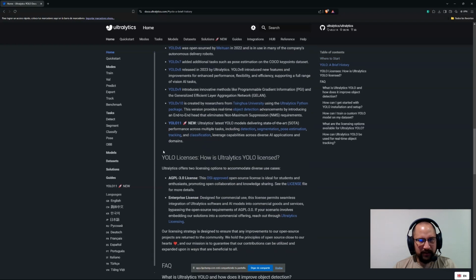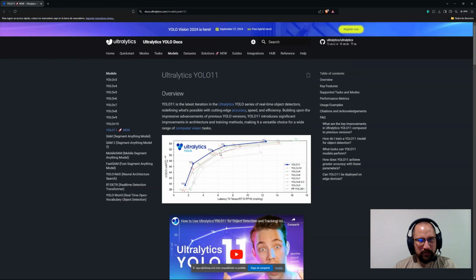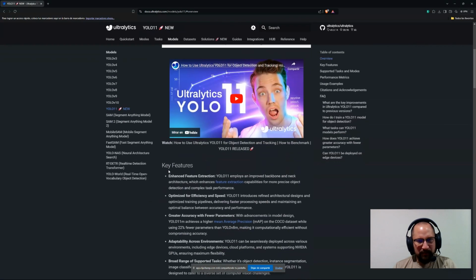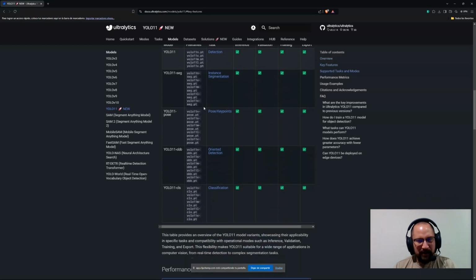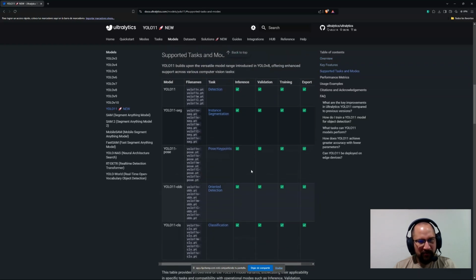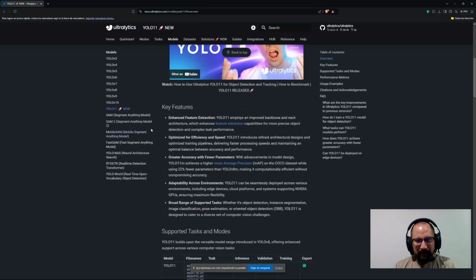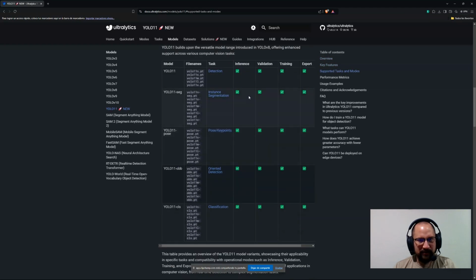If you click here, you can go to each blog about each version and see what is happening, what the new features are, and what you can do with it. They have a lot of models. You can do detection, instance segmentation, classification, and so on.